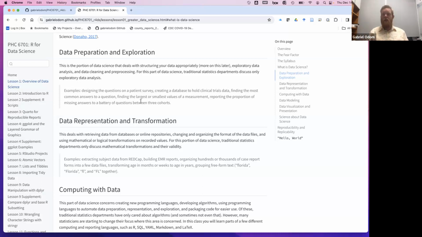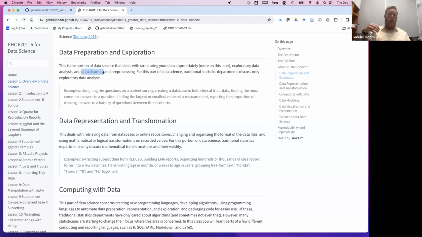Now, there are times where that's not possible and you're dealing with secondary data. In that case, you've got to do data cleaning. There was another project that I was on. So all of this is dealing with structuring your data appropriately. That's what we just talked about in terms of the height examples. But then there's also data cleaning whenever you're handed data that someone else collected and they didn't structure it appropriately, and you want to be able to clean that data in a way that it could stand up to an